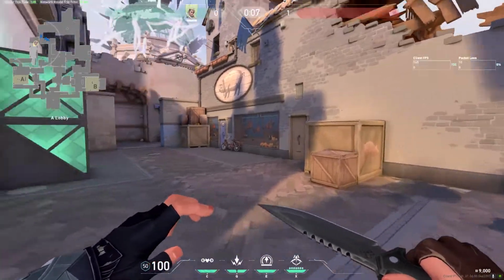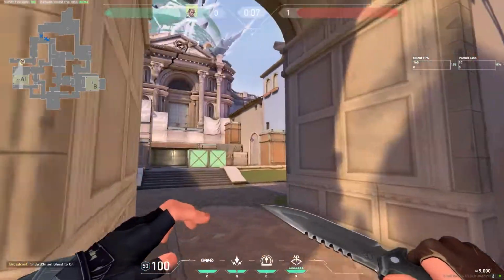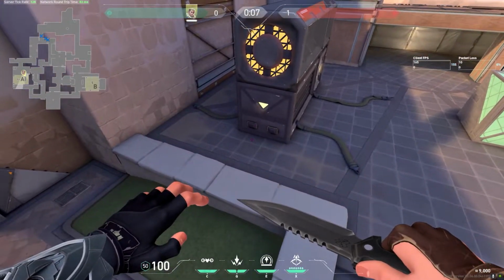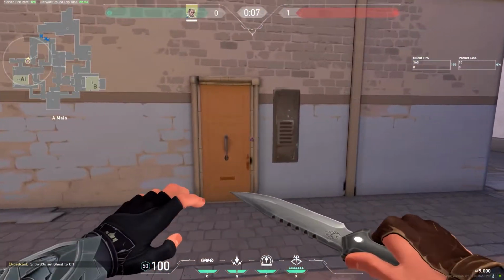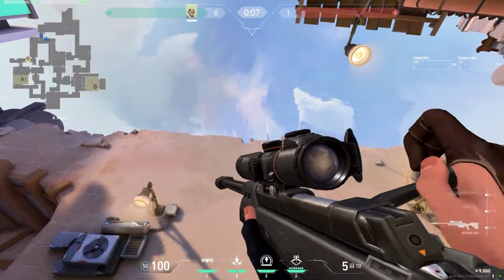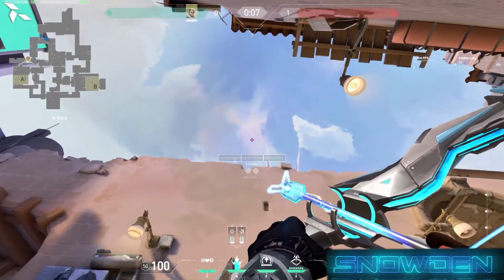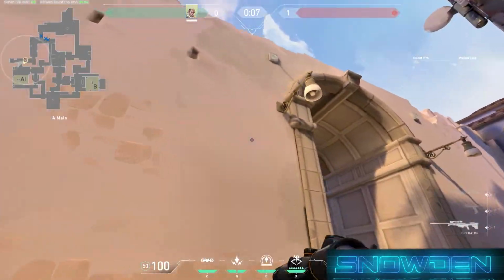Now for the post plant shock dart lineups. So if you have planted, or ask your teammate to plant in front of this generator, what you can do is align yourself to this wooden line over here, and you see this edge over here. You align the first line of your charge bar with this, like this, and just do a one tap. You don't need to do a one charge, just do a one tap like this, and this will directly land